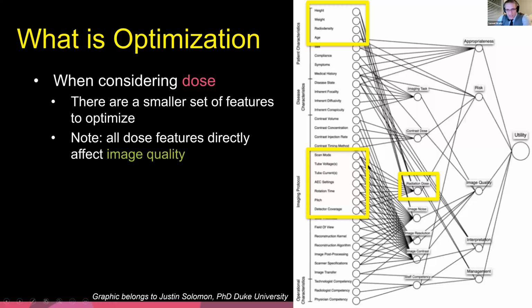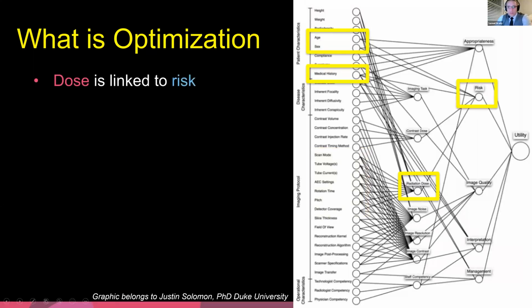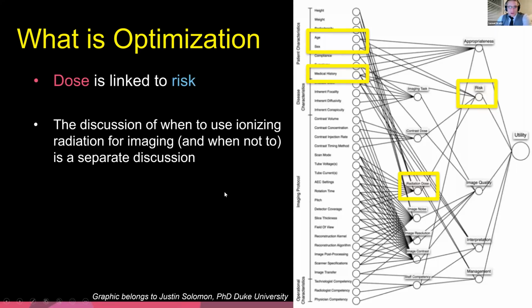Radiation dose, you can see, points to all of these parameters here, and as we talked about last time, these parameters also point to image quality. So as we change the radiation dose knob, it's going to have an effect on risk, as I was just talking about a minute ago, and on image quality. All right. It should be pointed out, though,